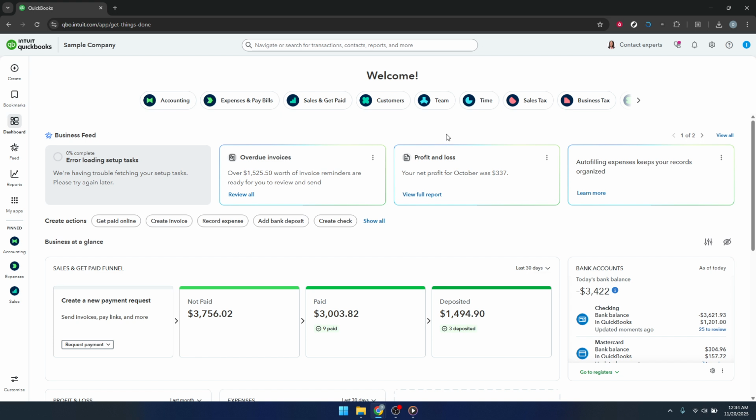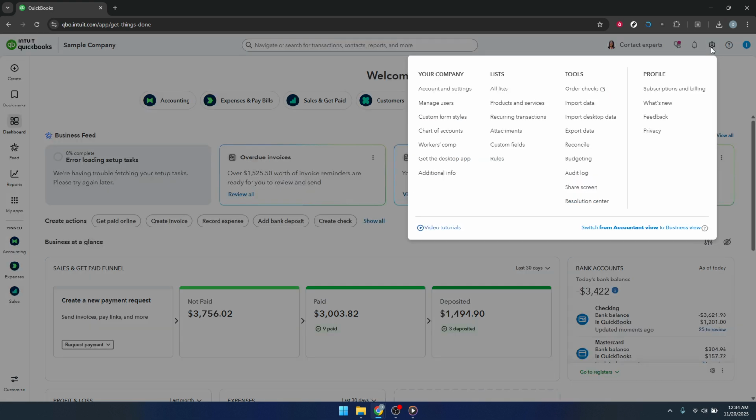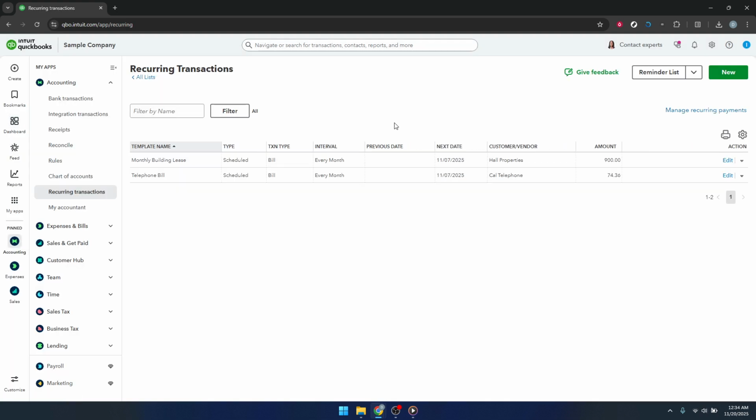From your dashboard, look to the top right corner and click on the gear icon, which is your settings menu. In that menu, find and select Recurring Transactions. This is the control center for everything that repeats automatically in your account, including the recurring bills we're about to